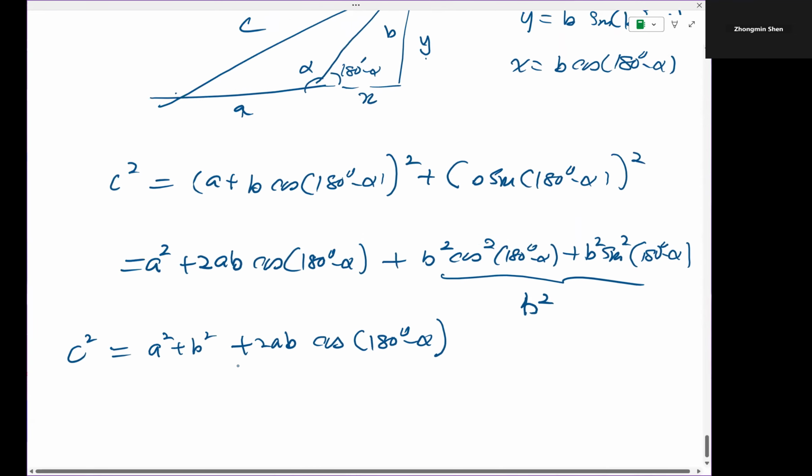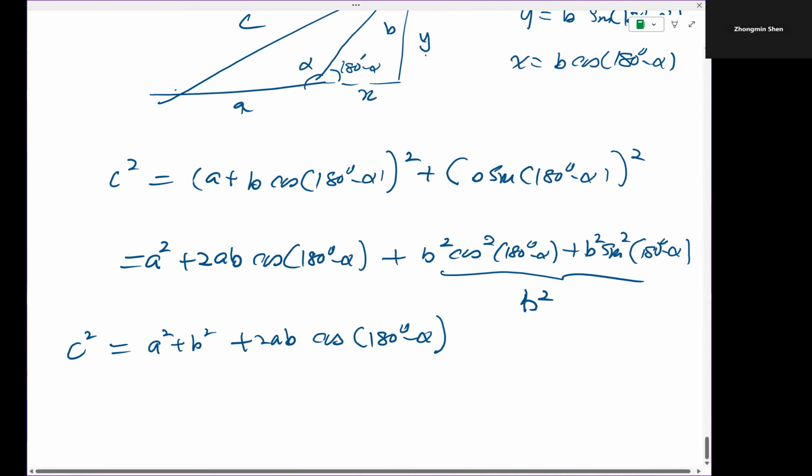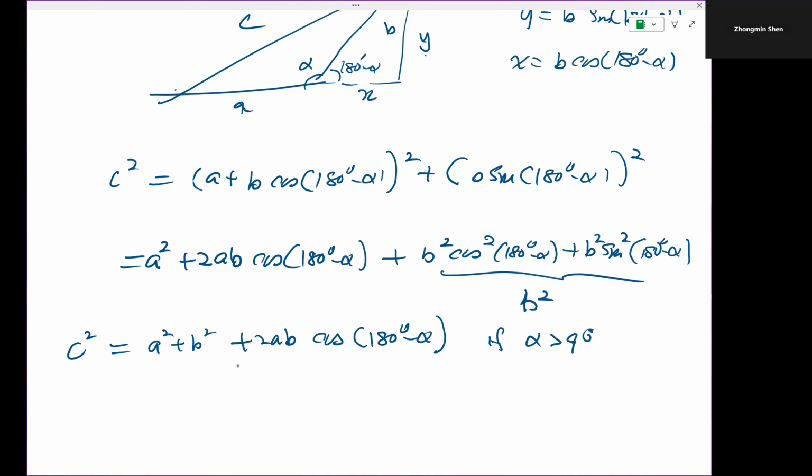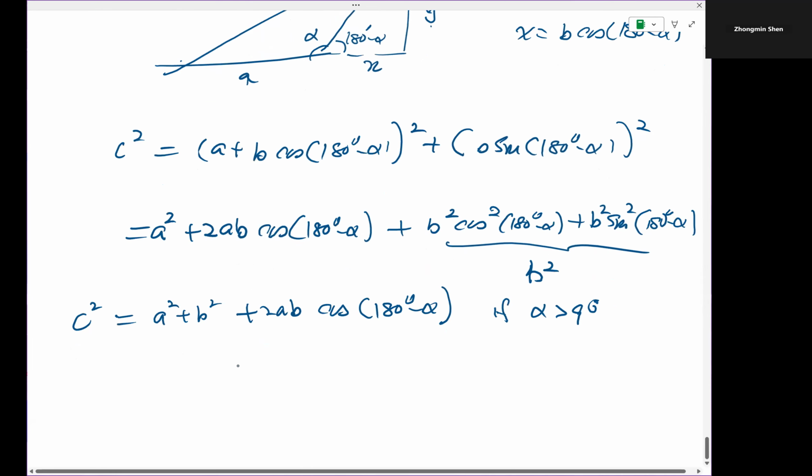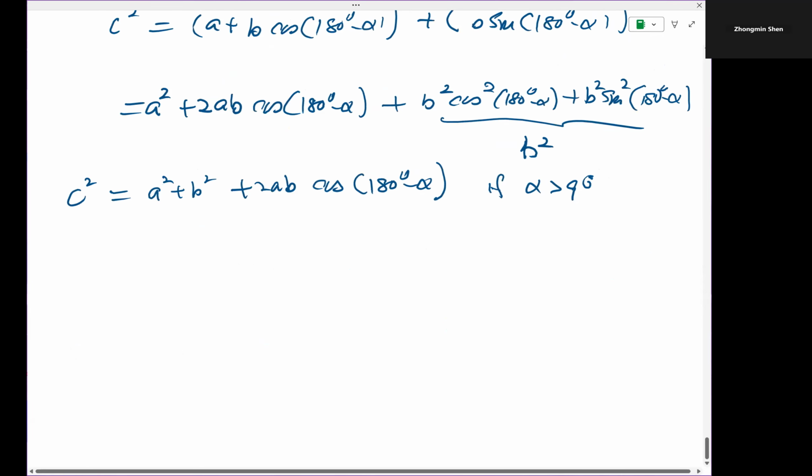Now, that is in the case where alpha is greater than 90 degrees. If alpha is less than 90 degrees, maybe it's slightly different. So for example,